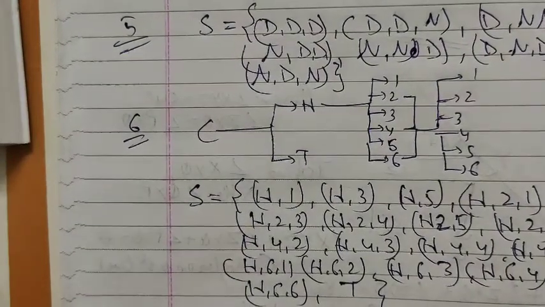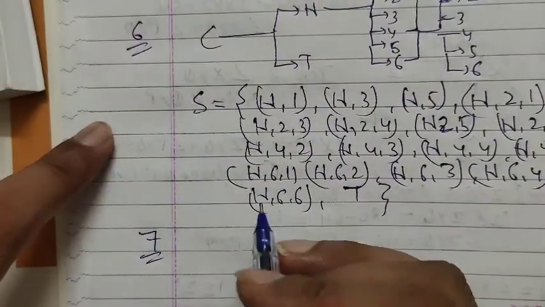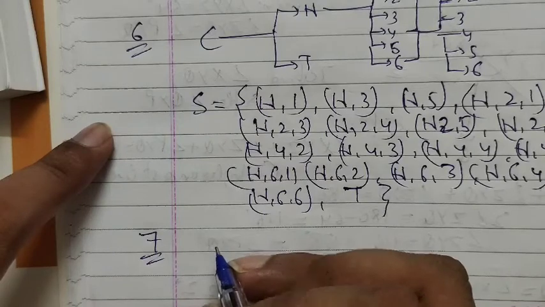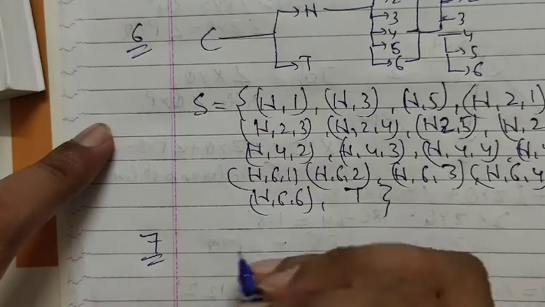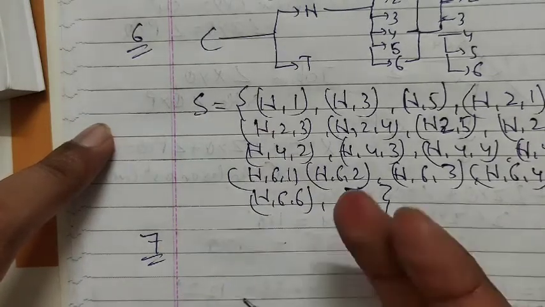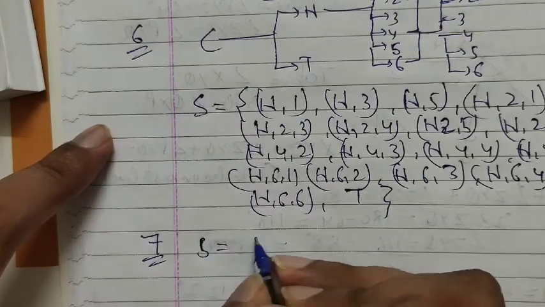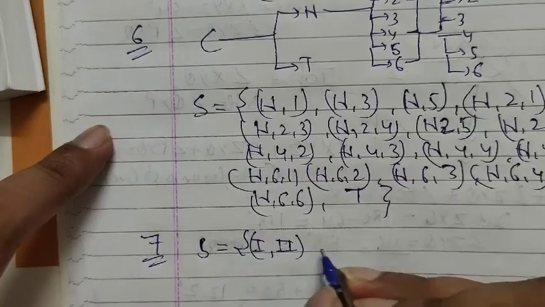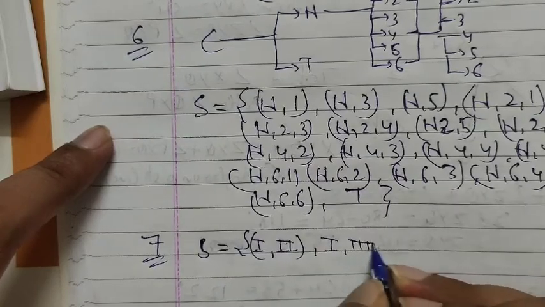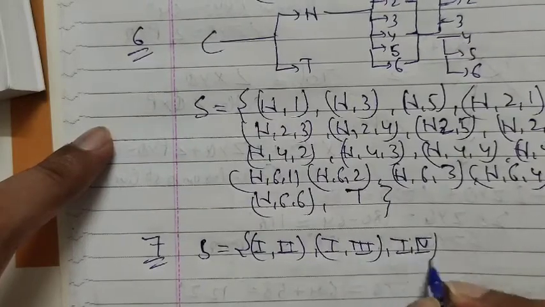Next, the 7th question. The numbers 1 to 4 are written separately on slips of paper. The slips are mixed. 2 slips are drawn from the box one after the other without replacement. Describe the sample space for the experiment. Suppose first we take out the first slip: first with second, first with third, first with fourth are possible.